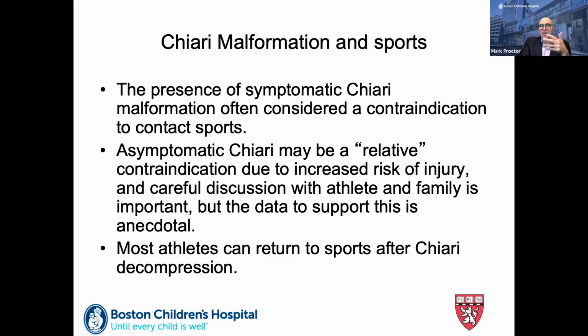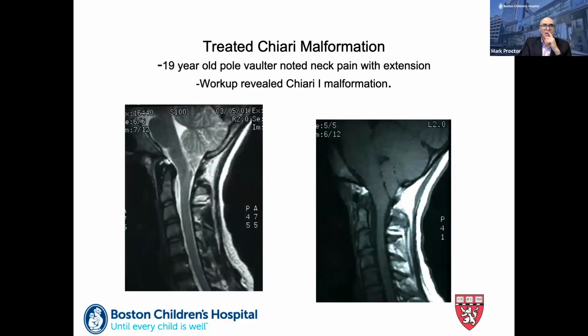And then how about an athlete that's had surgery for a Chiari malformation? Can they go back to sports? And the answer is yes, they can. In fact, they're probably safer than they were at their baseline. And here's an example of this. This is a 19-year-old pole vaulter, and